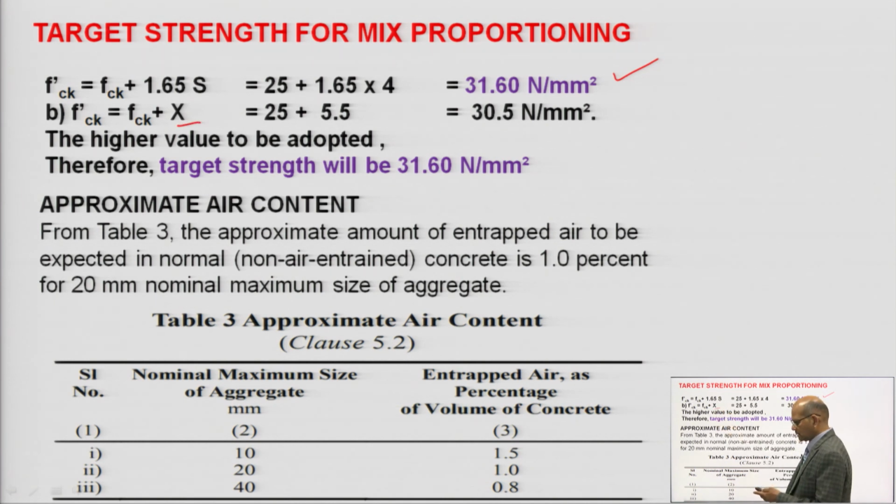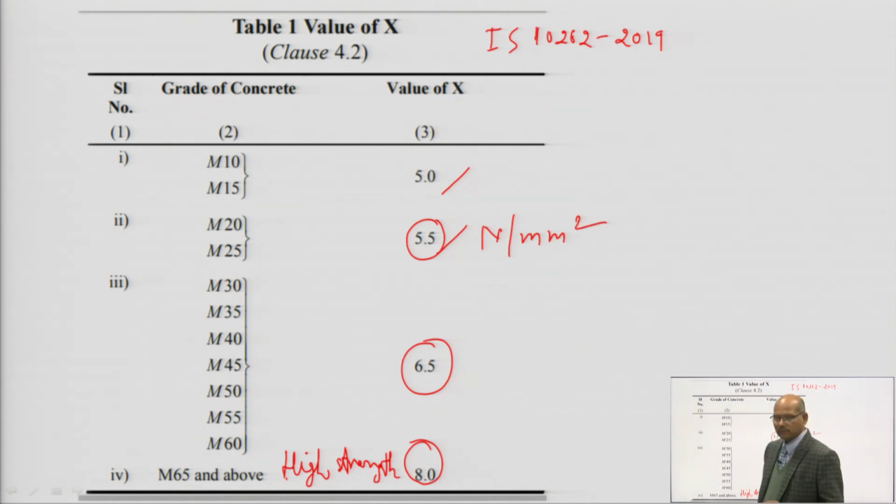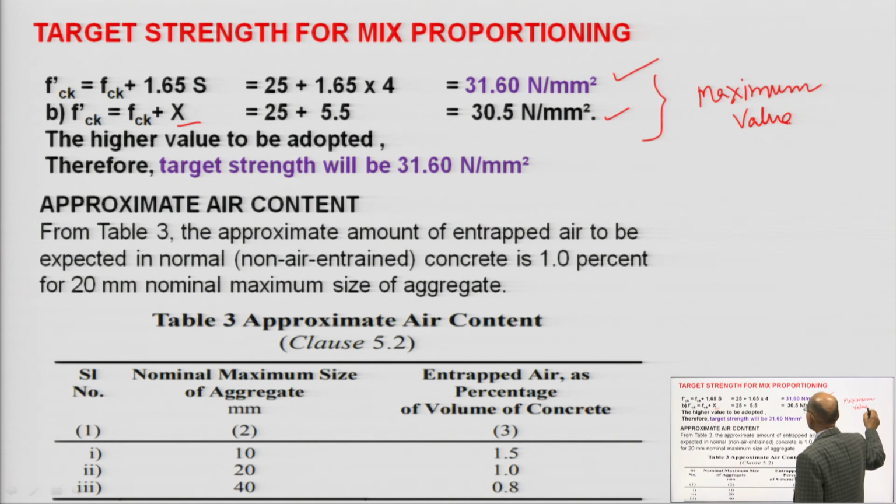If you see Table 1, the X value for this one is 5.5 Newton per mm square. You have to take this data from this table, and here it is coming 30.5. Out of these, whichever has the maximum value, you have to take the maximum value. So, our mean target strength will be